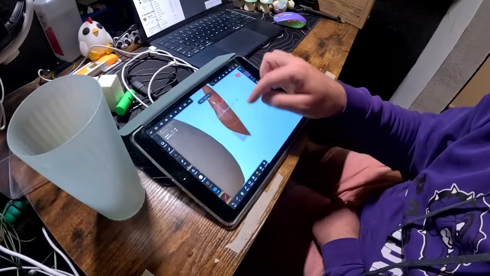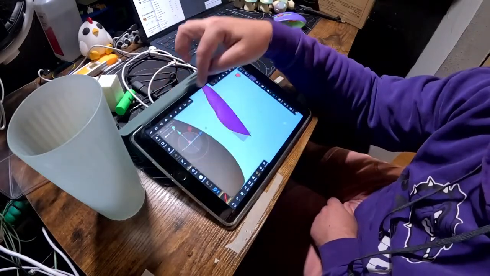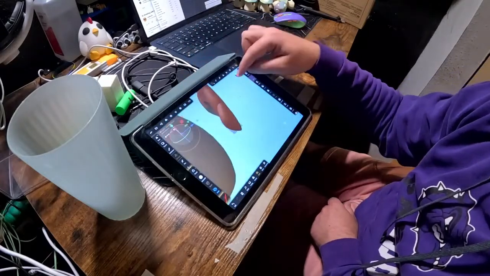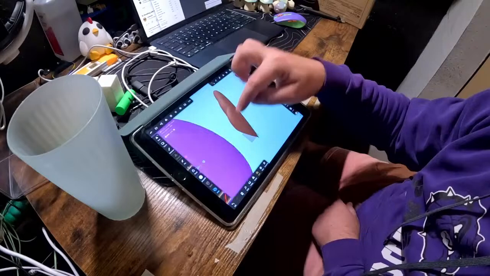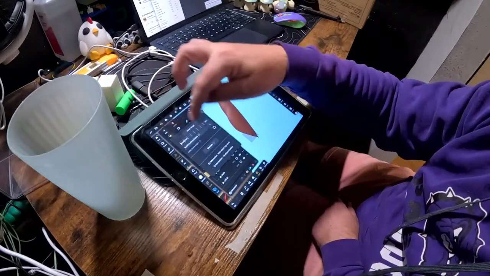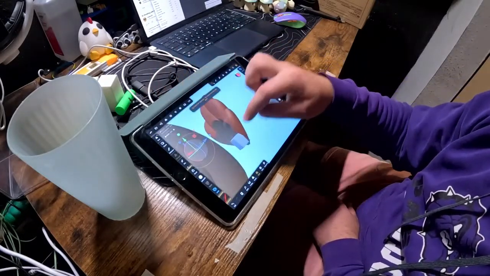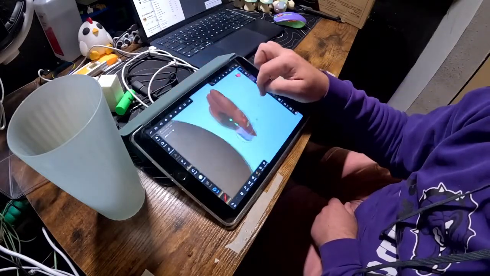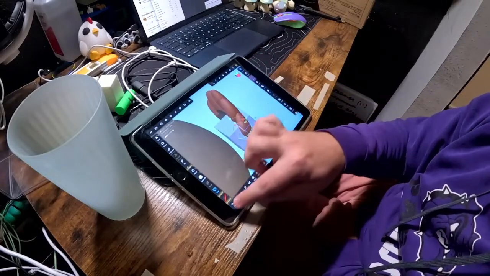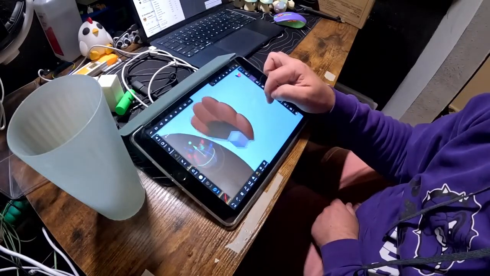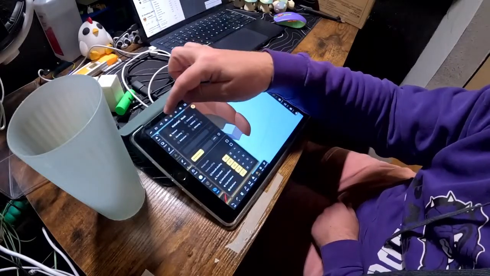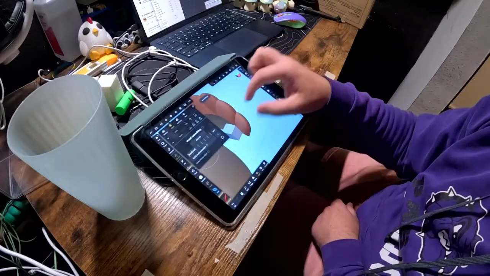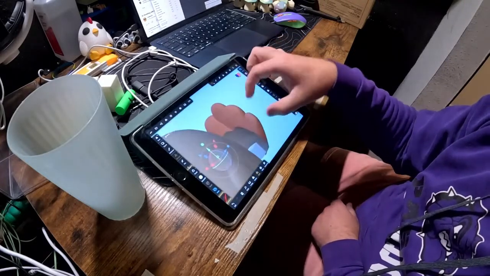Oh, I have to Boolean this together because I forgot it's just an assembly right now, and it's not actually one consistent mesh. So we're gonna go here. Boolean, Boolean. Object only has one part. Okay, maybe I'm wrong. What's going on here? Let me think. Maybe I need to remesh this first. Make sure it's nice and dense for us to work with. Yeah, okay, I'm happy with that.